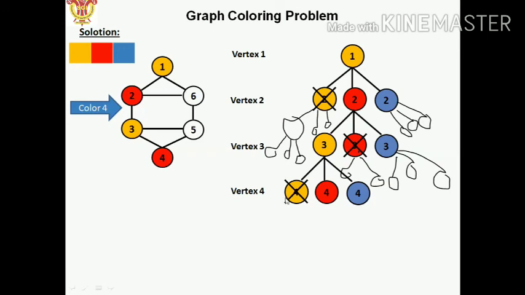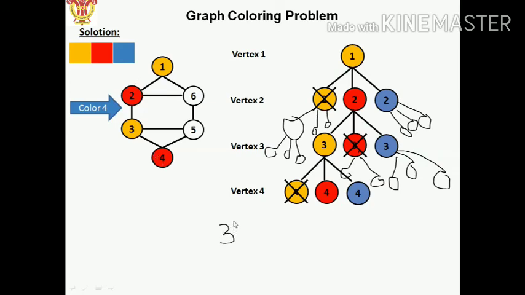It is going to give you n number of levels. N number of levels means the number of nodes we have in this graph. It is clearly visible that because we have given 3 colors, in each level we have only 3 options. Here I have taken this one, you can take this one or this one also. So in each level we have only 3 options because only 3 colors are given.